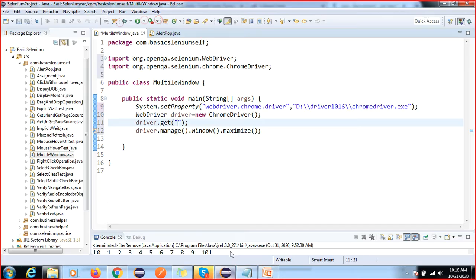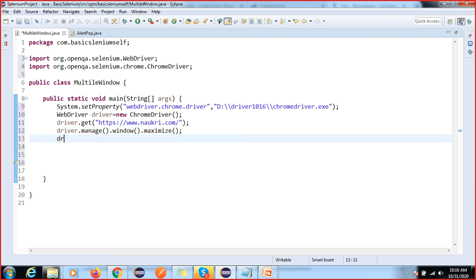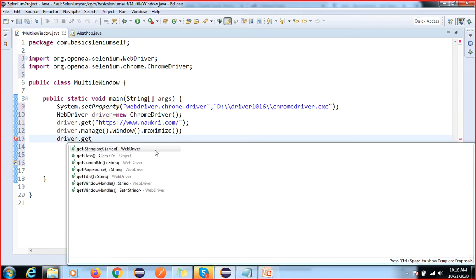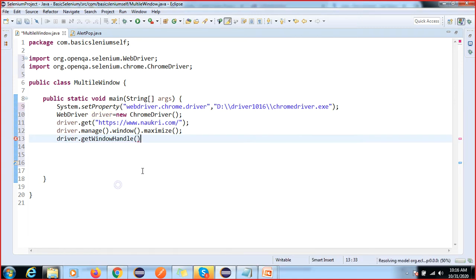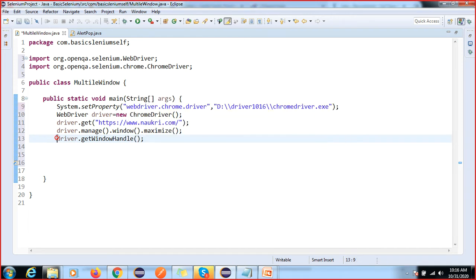Okay, so I'm going to take this Naukri.com. Here we are going to start our new validation. We have the method driver.getWindowHandle. getWindowHandle will return a string value, right?